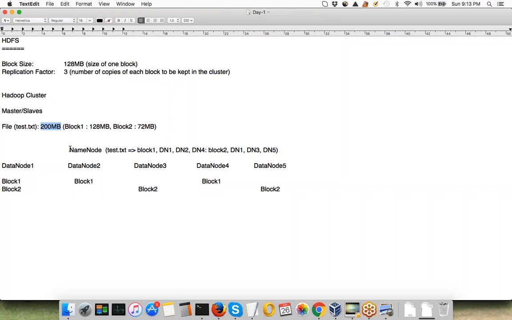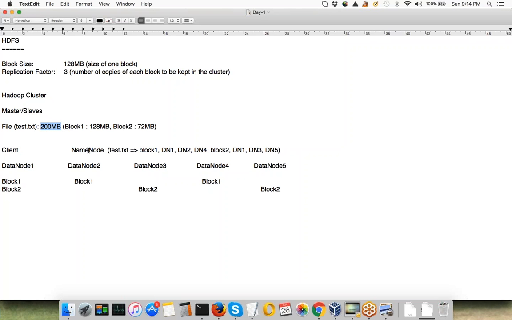So your HDFS, your Hadoop cluster, is basically made of a name node and a few data nodes, right? Your name node just knows how many data nodes are there in the cluster. It knows the location of every data node. It knows the IP address of every data node. It can talk to every data node. Whenever a client wants to write a file of, let's say, 200 megabytes in this cluster, it will talk to the name node first. Let's say the client is some external machine which wants to write a file to this cluster, right? It will talk to the name node. It will ask the name node, where can I write this file?